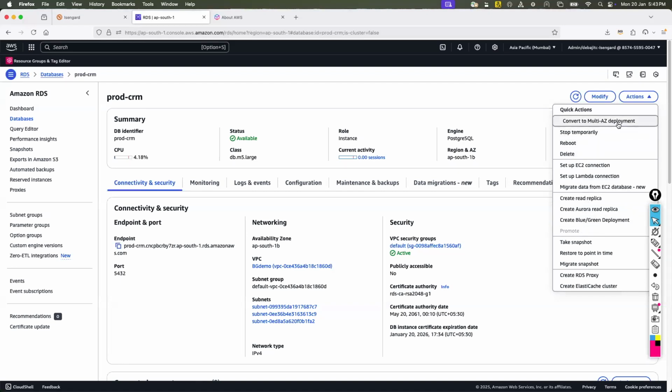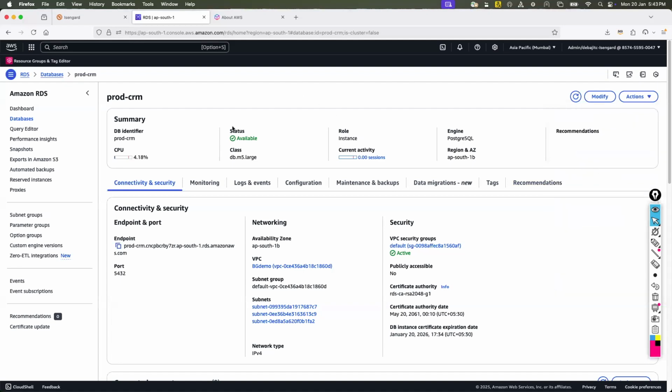You can convert to multi-AZ, because ours is not multi-AZ, right? It is the single AZ. Now you can also convert. So this is something very recently AWS has introduced: zero ETL integrations. I will take only 1 minute for that. Zero ETL integration means now you can integrate the ETL process with an AWS analytics engine. Let's say you want to do extract, transform, and loading. Automatically, out of the box, you really don't need to do anything.